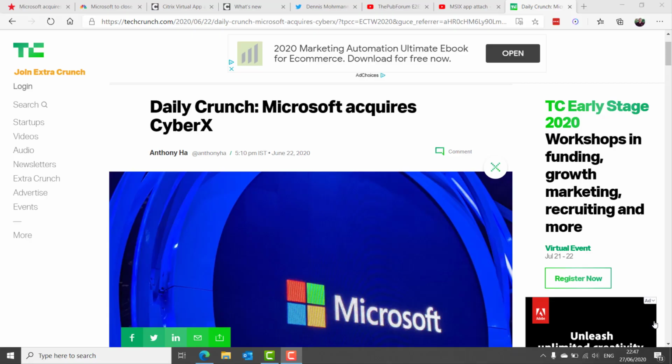This week, Microsoft announced that it's acquiring CyberX, which is a security startup that focuses on detecting, stopping, and predicting security breaches on Internet of Things networks and the networks of large industrial organizations. TechCrunch.com reports the terms of the deal are not being disclosed, but sources say that it's in the region of $165 million. The deal also illustrates how bigger tech companies are using the economic slowdown to focus on their long-term strategies and shore up assets to support those strategies.